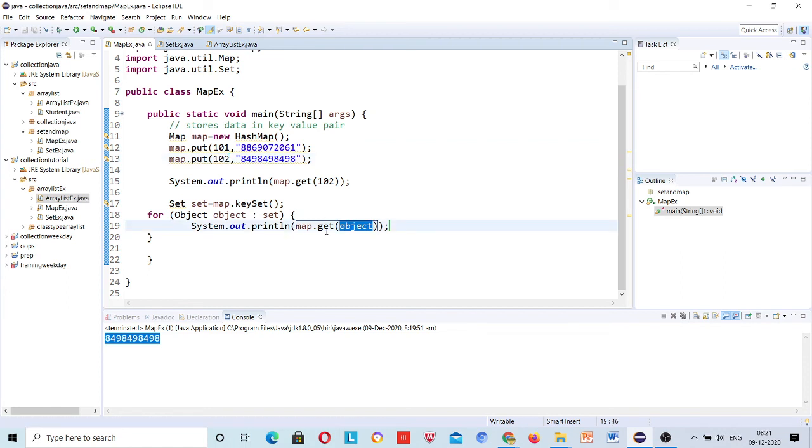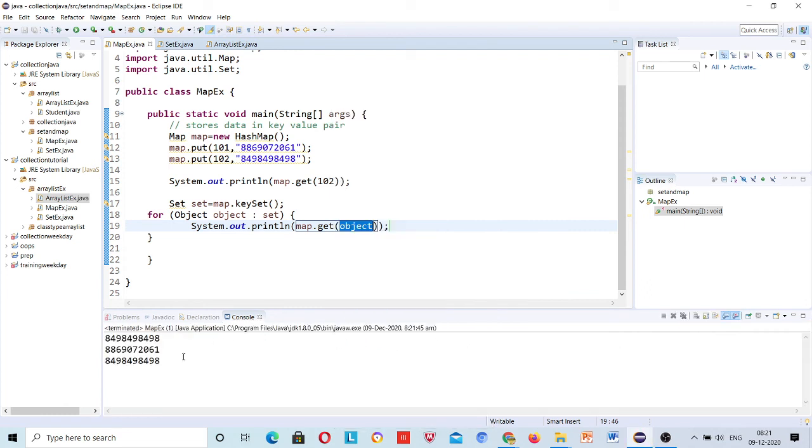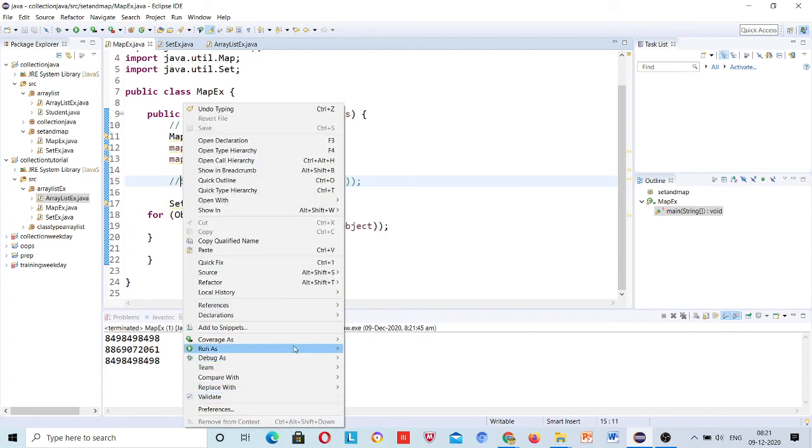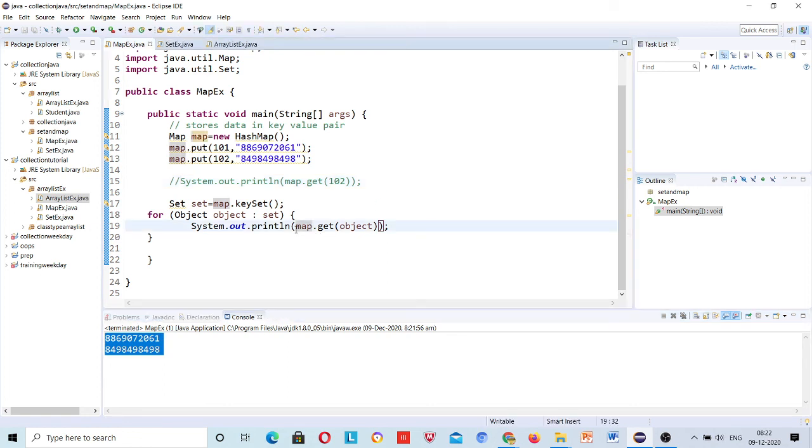And first let's print this. Okay, this is coming just because of this line. So let's print again, all the roll numbers are printed. Now if you want to print the corresponding key for that,